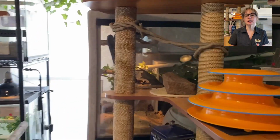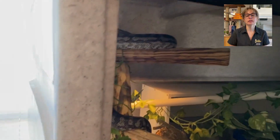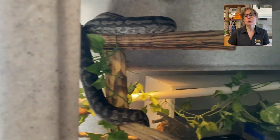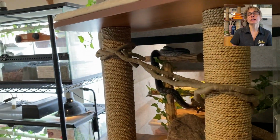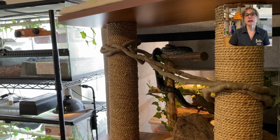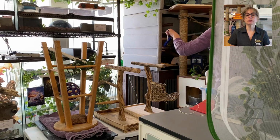And when I came back, he had gone up onto his perch in one of his basking areas and he was actually turned away from me. So that's where we start the behavior. The first thing that I have to do is make sure that he is receptive to engaging, and I have to make sure that he can perceive my cue, which is the target. So I stick the target in his enclosure and I move it around a little bit until I'm sure that